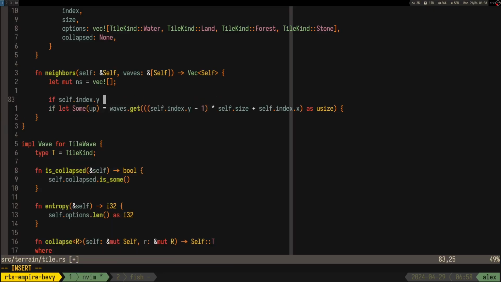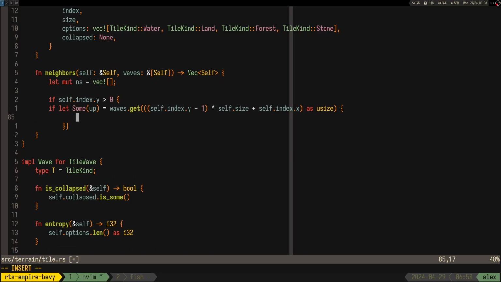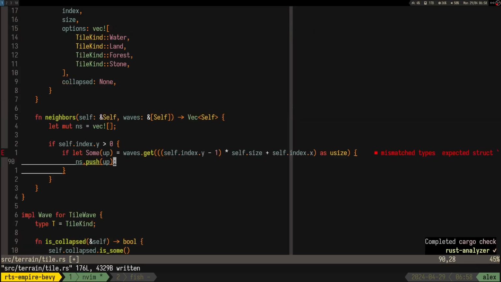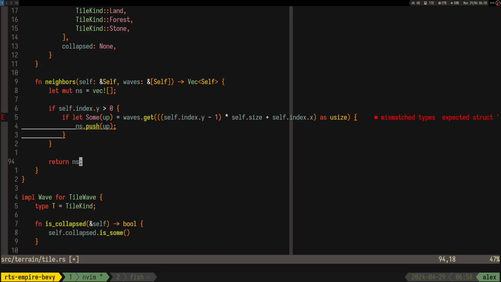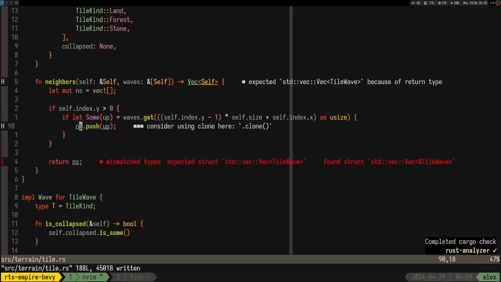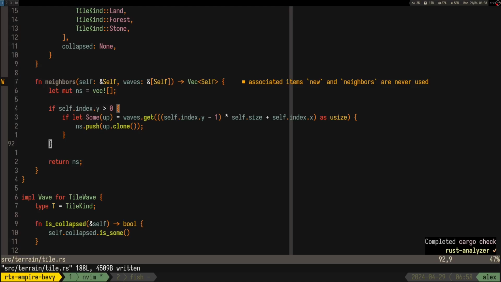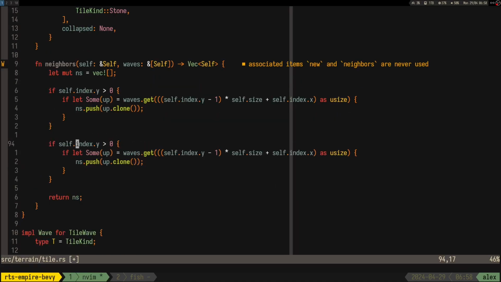If it's greater than 0, we do something like this, maybe. Do we need to clone it? Guess so. Anyway, so we could do the same thing for